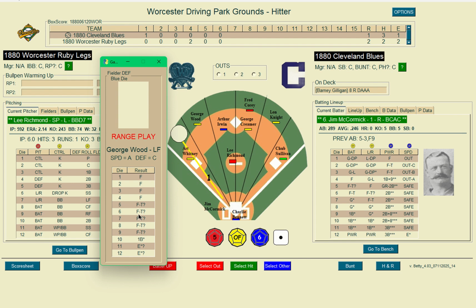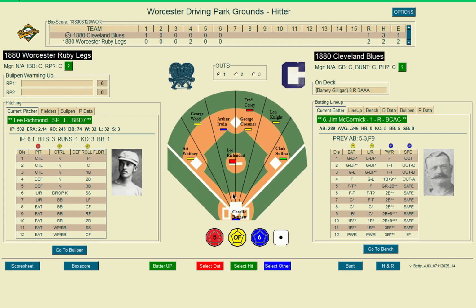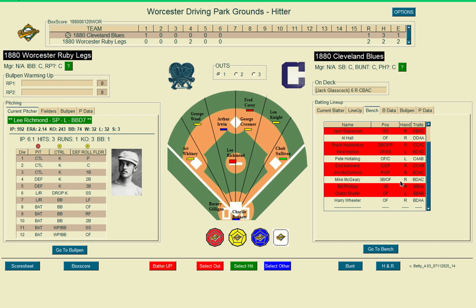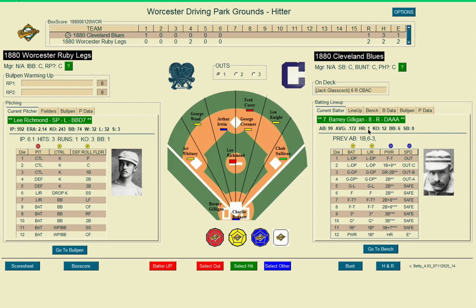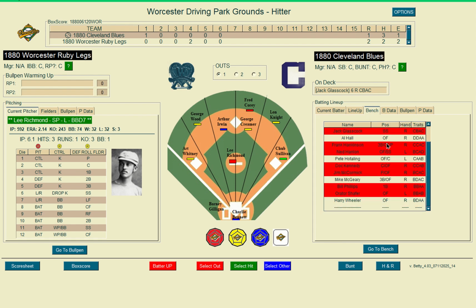Range play to left field. F7. 1 away. The Blues. Gilligan only hit 172. Let's have a look at the batting. Let's have a look at the bench. Got Hotaling. Does anybody else play catcher? Combatter. He played centre field. Got Hall. Got McGeary, who's a B. And then I got Hotaling, who's a lefty. Oh, no, because Richmond's a lefty. We'll bring in,